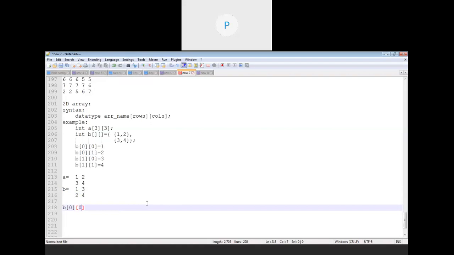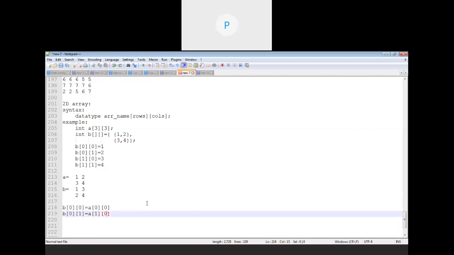B of 0 0 is nothing but A of 0 0, because that value is the same. Similarly, B of 0 1, that is first row, second column, is nothing but A of 1 0. You can see B of 0 1 is 3, which is A of 1 0, that is second row and first column.